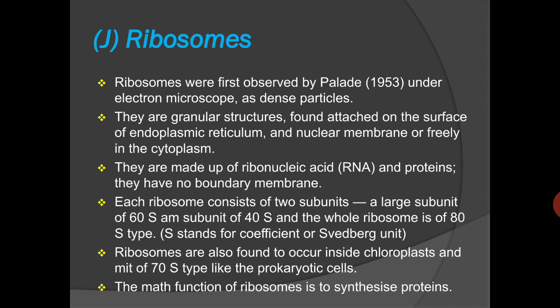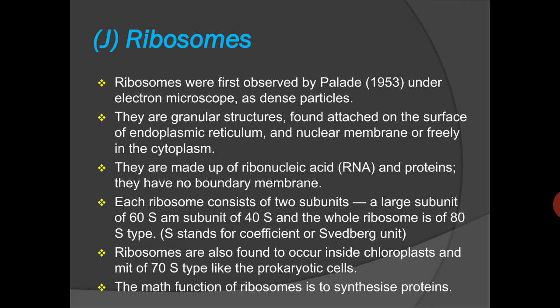Each ribosome consists of two subunits, which means in the ribosomal structure there are two subunits. One is the larger unit of 60S and the smaller subunit of 40S, and the whole ribosome is of 80S. S means the sedimentation coefficient or Svedberg unit. Ribosomes are also found inside the chloroplast, and there the unit is 70S, as in